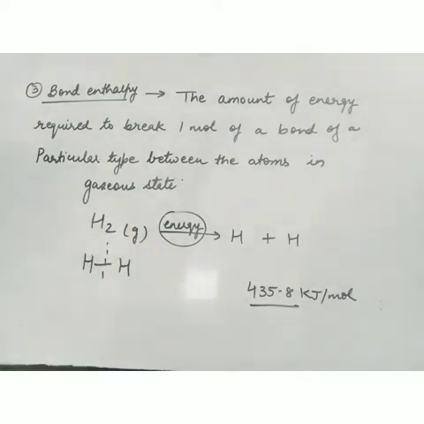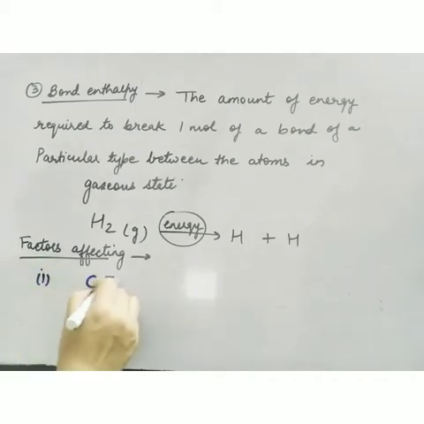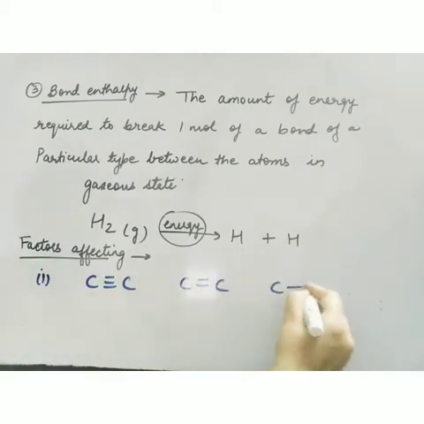Okay, so there are several factors which affect this bond enthalpy. So let's discuss the factors affecting. First, suppose I am having triple bond, double and single. The atoms are same. Now which bond will require highest amount of energy? Definitely triple, because 3 bonds are there, like this. Okay, so as the multiplicity of bonds increase, your bond enthalpies also increase, provided the atoms should be same.